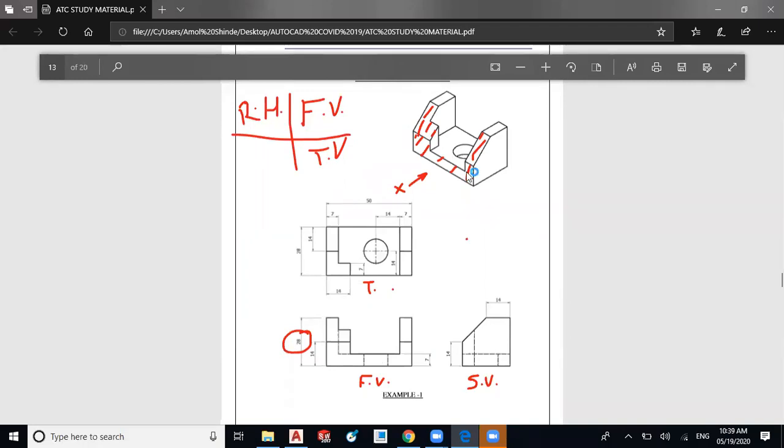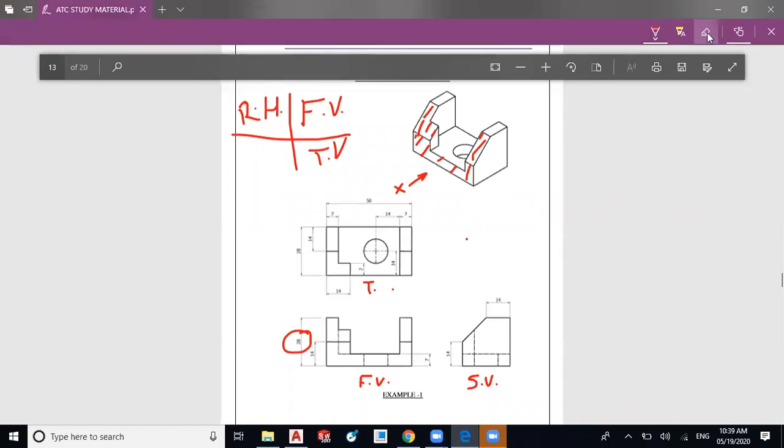We will draw the top view. For the top view, I will remove this. So you have to observe from the top now in this direction.